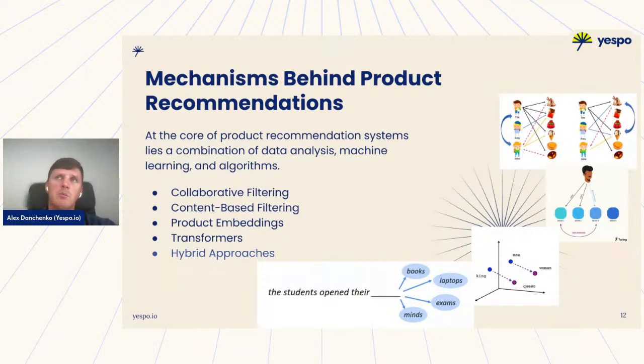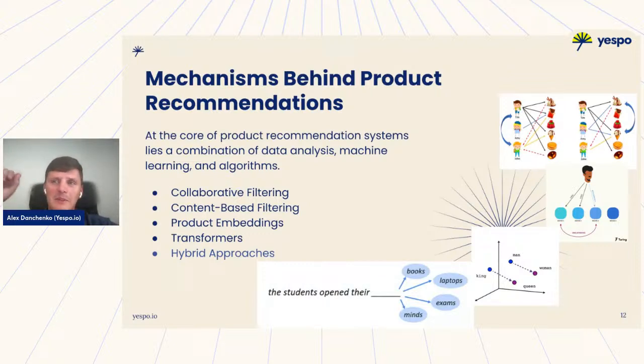So when I said before, the traditional recommendation platform, traditional recommendation algorithms, and we will speak about it a little later. The technology of product recommendations was a part of the Yespo solution for the past, I don't know, like 5 years. And exactly like 5 years ago, in 2017, Google presented new technology. Google called it BERT. I will not discuss this acronym right now, but this is a transformer mechanism.